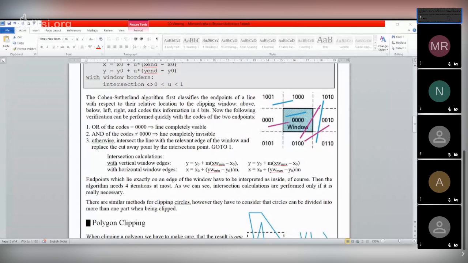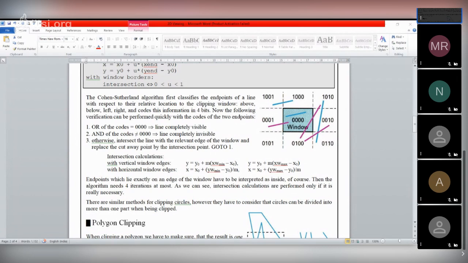When the first bit is 1, that represents the top region, and the others are 0. The next bit position represents below. When the next bit represents the below region, that means below the window. Here the top bit is 0, that means it is not the top region. The next bit is 1, the other 0.